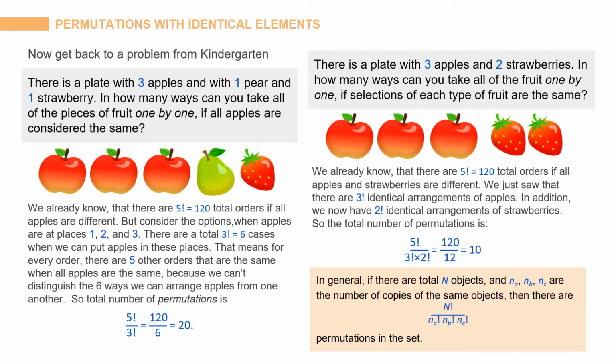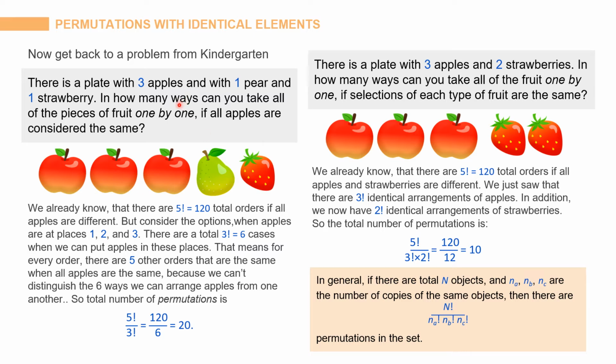Now, up until now, we've considered every item in the set different. Even if we had 3 red apples, we assumed each apple was subtly different and we could tell them apart. So now let's talk about what happens if we can't tell elements apart, or permutations with identical elements in the set. So going back to the first example, we have 3 red apples, 1 pear, 1 strawberry, and it asks,